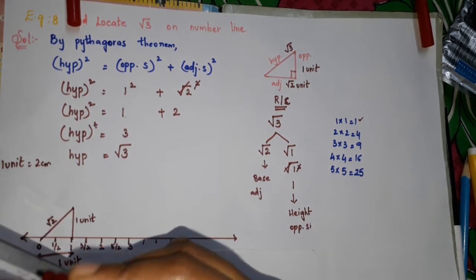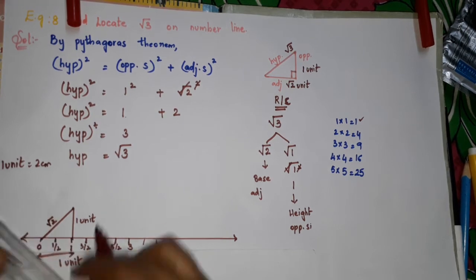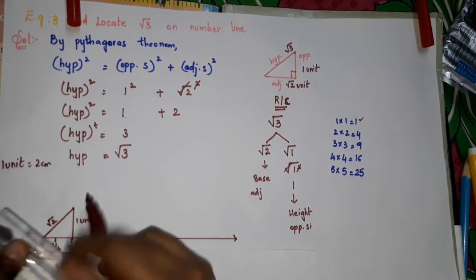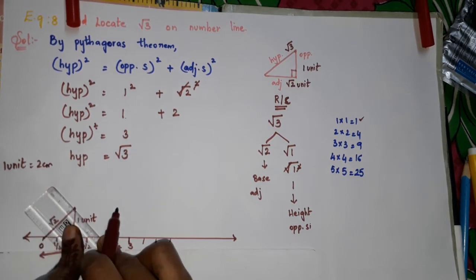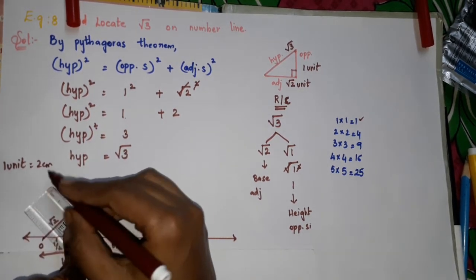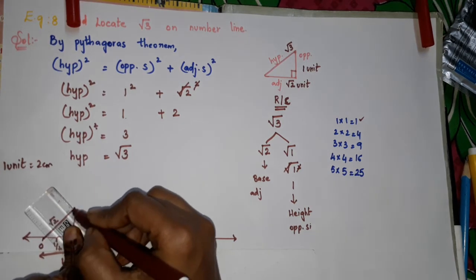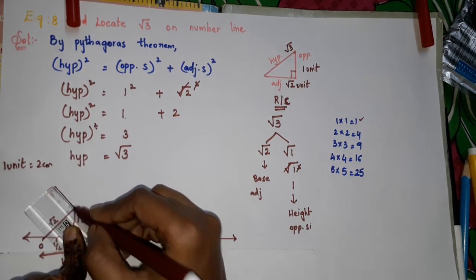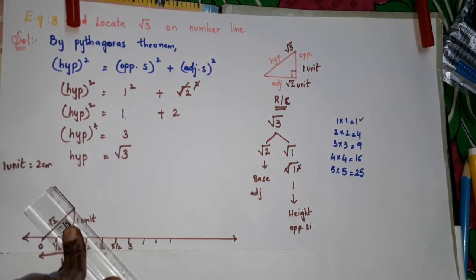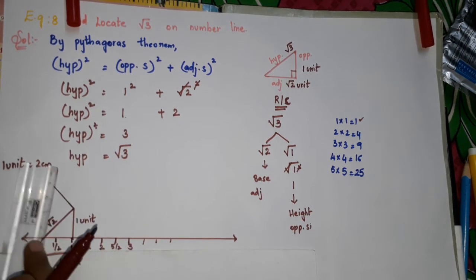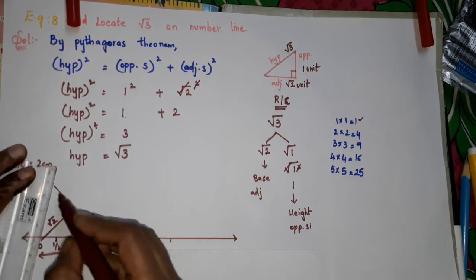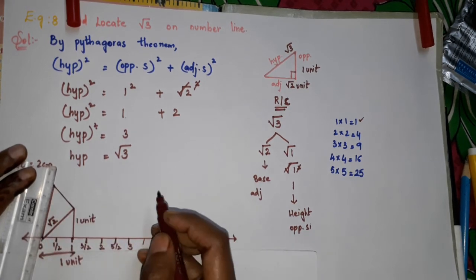So this horizontal line should touch our horizontal line, children. So like this it should be exactly touching like this. So 1 unit we have to draw. So our 1 unit is 2 centimeters. Because of that reason I have taken like this, till 2 centimeters. Now same thing we have to join till 0. So I am going to draw like this.